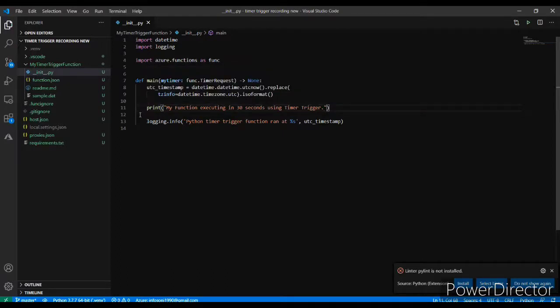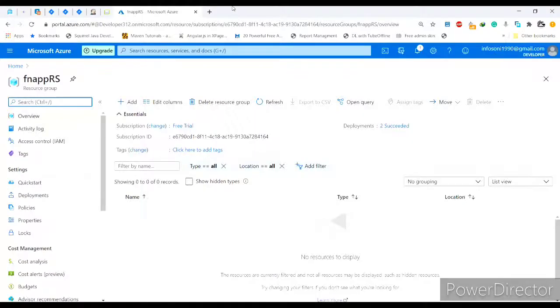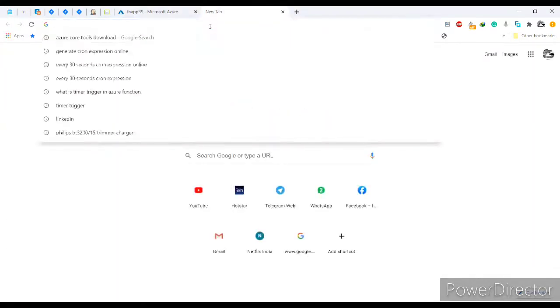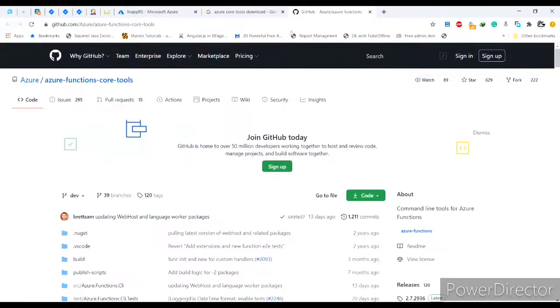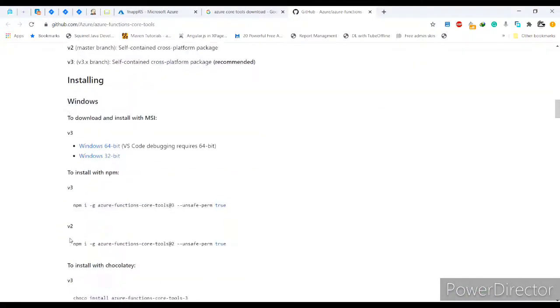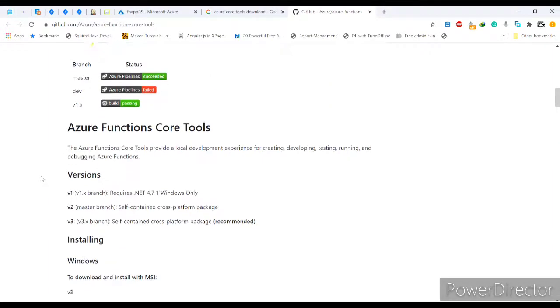Okay. So before going to move further, you need to install Azure Function Core Tools. So what you need to do, just go to the web browser and search Azure Core Tools install. Okay, so you will go to the GitHub link. Here you need to click on this, and according to your machine you can download Azure Function Core Tools.